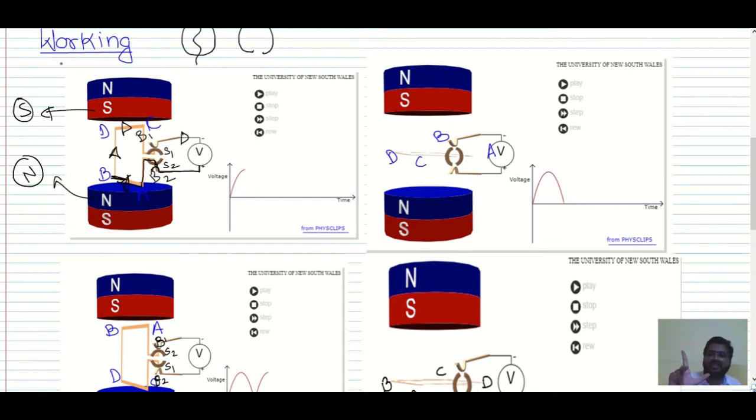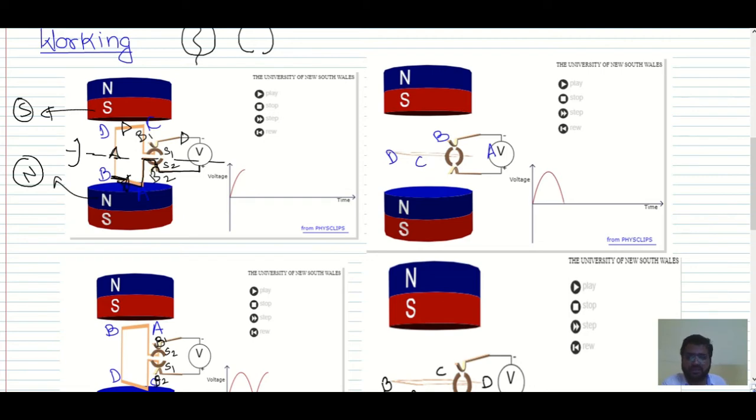So as you can see, the magnetic field is always from north towards south, that is upward direction, and the current is in this direction, that is from A to B, that is into the plane, we can consider. Then force on it is in this direction, that is rightward direction. So that means this coil will rotate along this direction, isn't it?